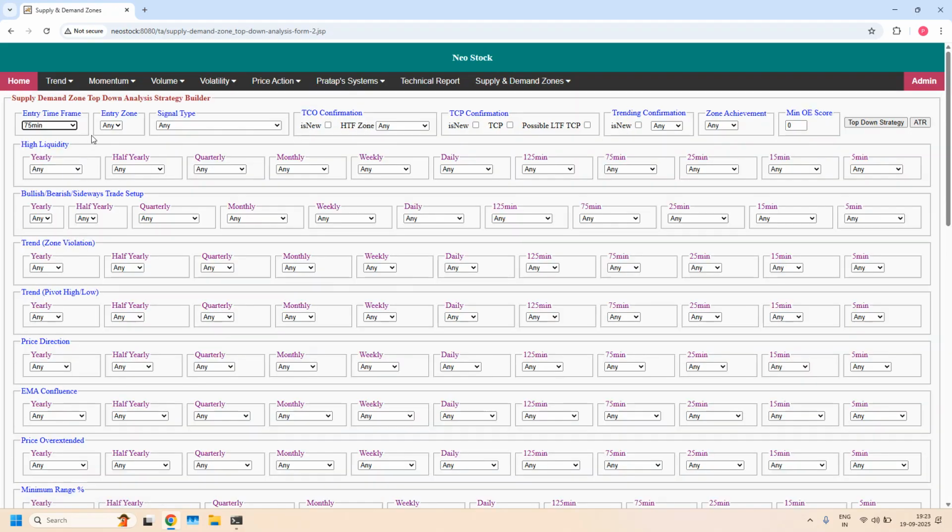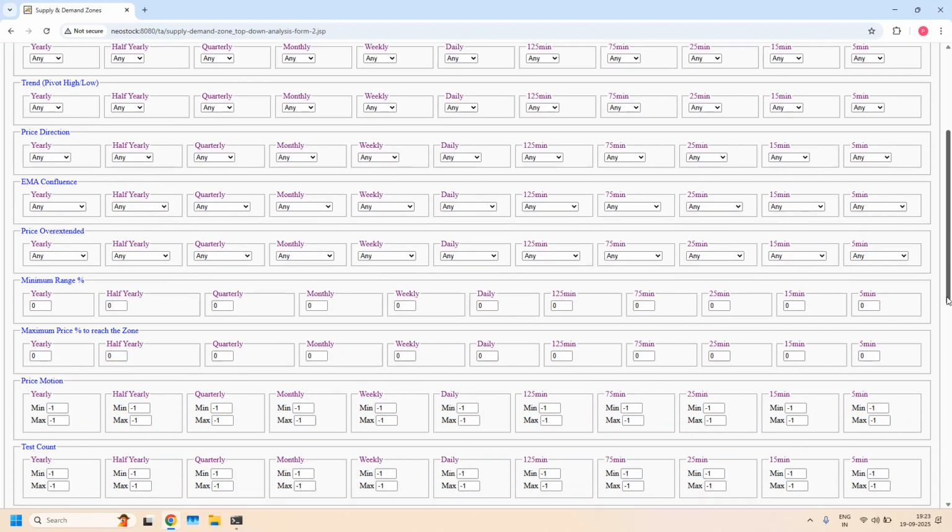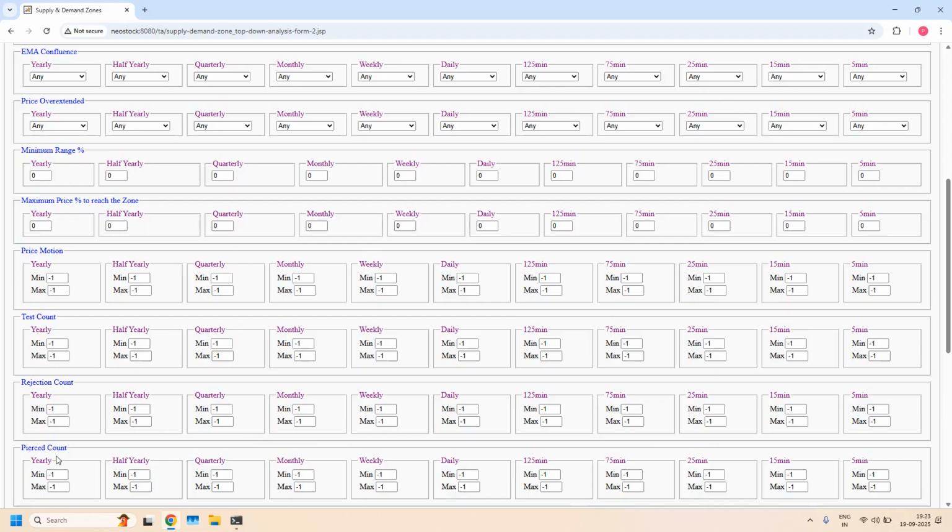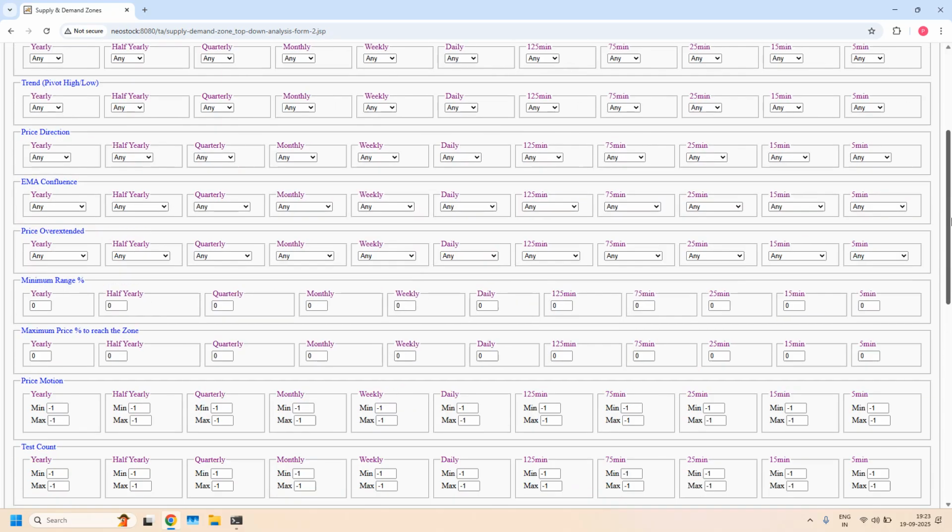Entry time frame 75 minutes, entry zone, supply zone. Here bullish or bearish at 75 minutes. I am selecting bearish. Zone achievement violated opposing zone. Minimum odd enhance score 12. And also 75 minutes supply zone should not be pierced. So in the pierced count, at 75 minutes time frame, I am setting minimum value 0, maximum value 0. With these filters,